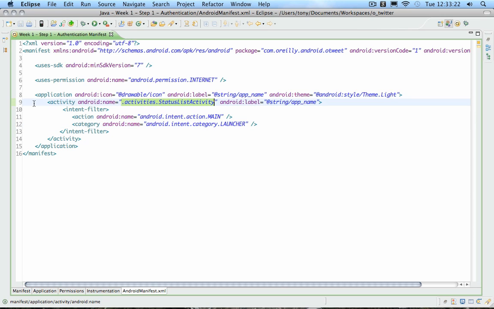So this should all be familiar to you from last class. This is basically the status list activity. One thing that I did differently is you'll see on line 6, this is an internet-based application, so we have to make calls out to the network. And to do that, we have to tell Android that we're using the internet. We need that permission from the user to use the internet. And again, that's something they see before they download the application from the market. They see that this is one of the permissions that they need to agree to, that we're going to be